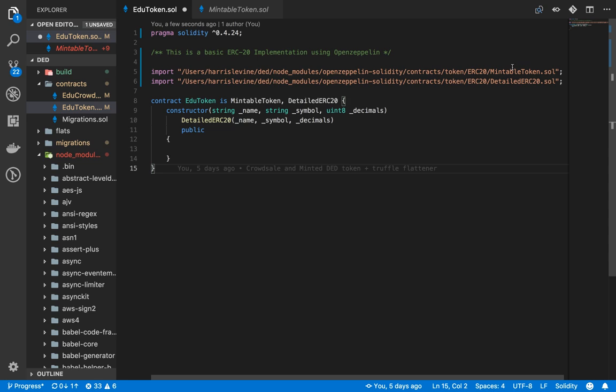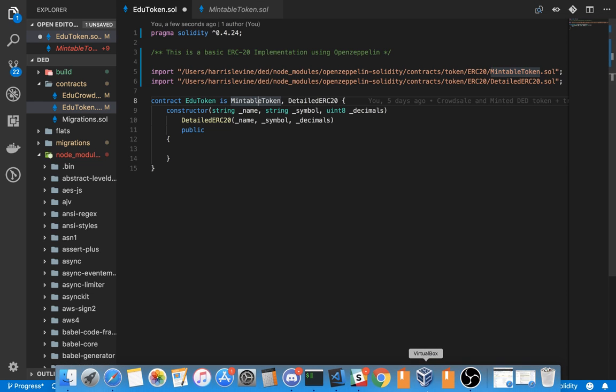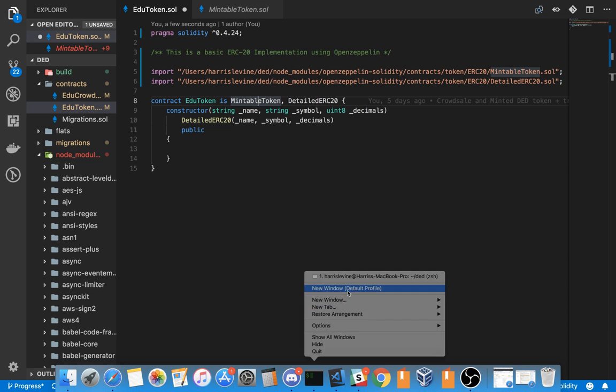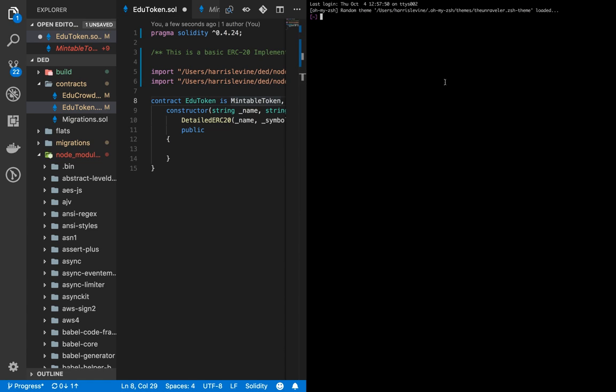So, we import two ERC-20 token standards from OpenZeppelin. These are Solidity contracts. We import mintable token and detailed ERC-20 token. And in our contract declaration, we use the is keyword to inherit from both the mintable token and the detailed ERC-20 token. And if you guys are working on your own project, and this is actually the reason why I pulled up the window initially, if you want to try and follow along to the best of your ability,